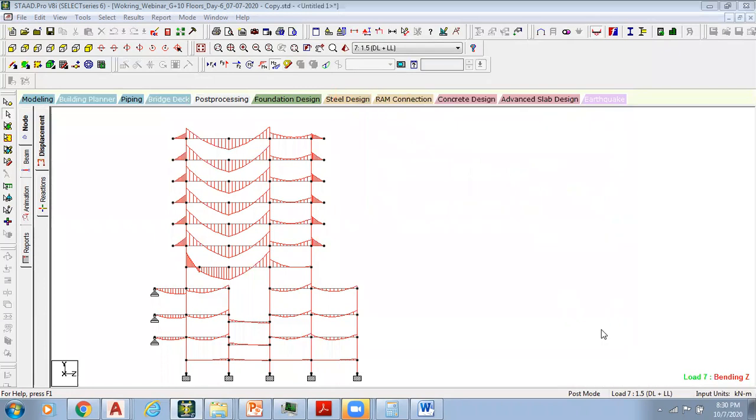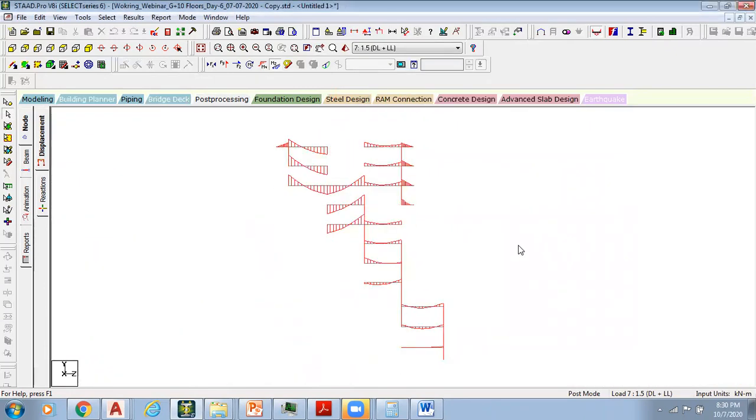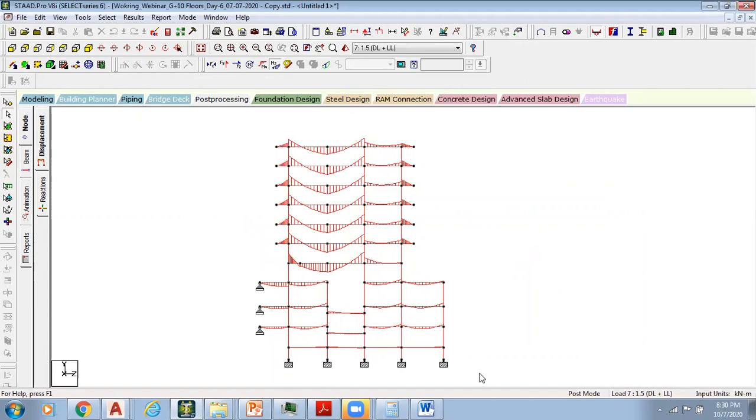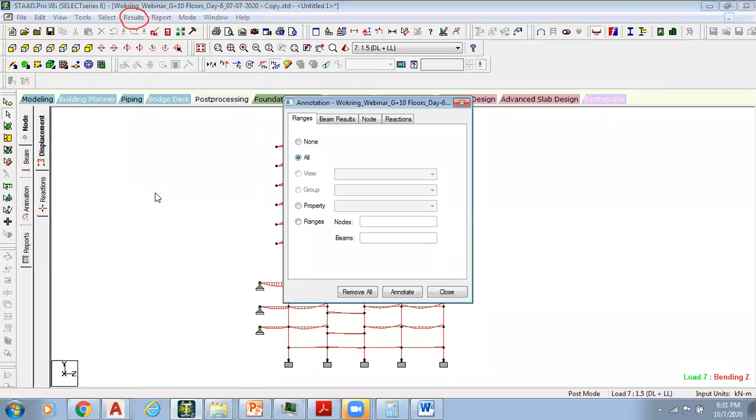The other way is if I want to see the whole bending moment diagram values for the entire structure, then I can go to this Results, View Values, and then Beam Results.